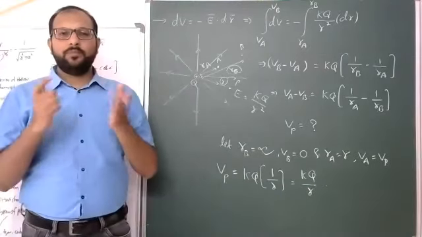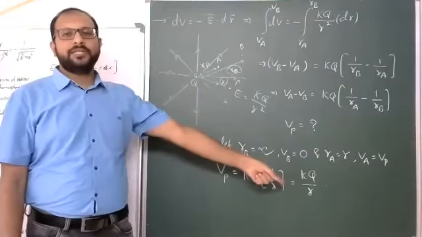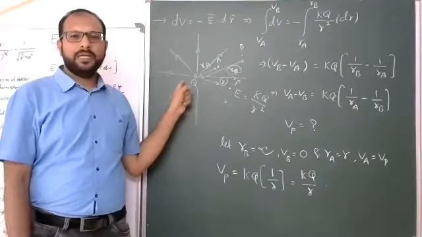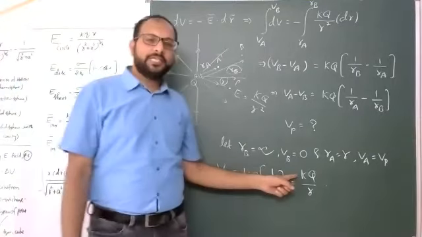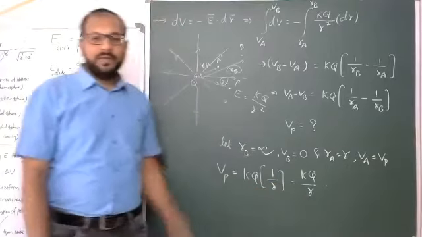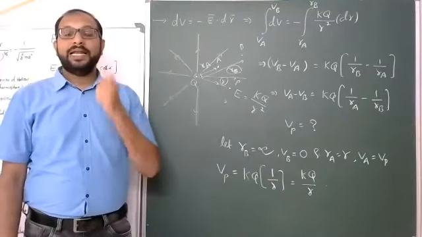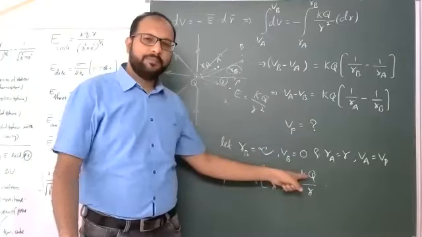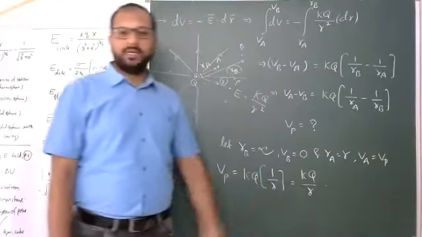Here students, one more point. This charge is a positive charge, that's why positive potential. Suppose here minus Q is there, suppose the charge is negative, minus Q. Here potential is also minus KQ by r. That means at the time of writing potential, you should consider the nature of the charge also. If it is plus, plus; if it is minus, you should take minus KQ by r.